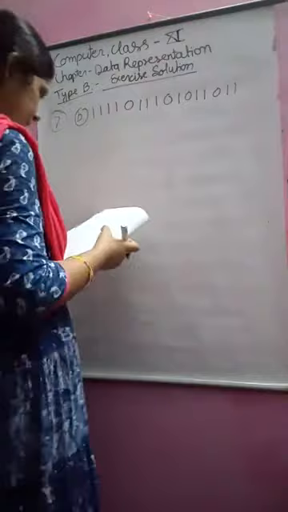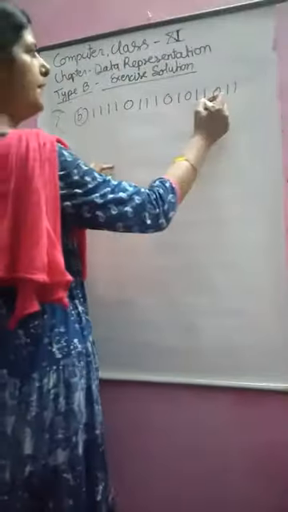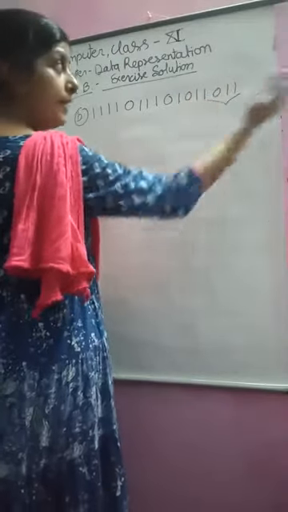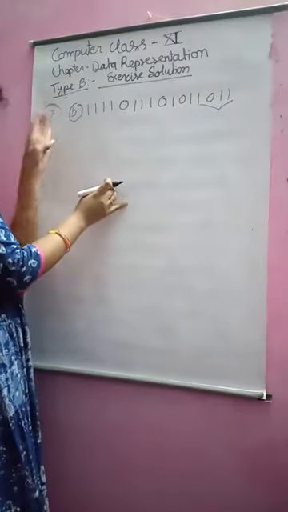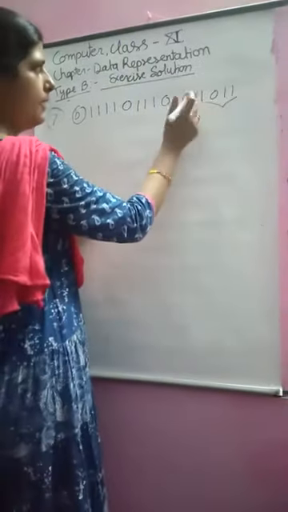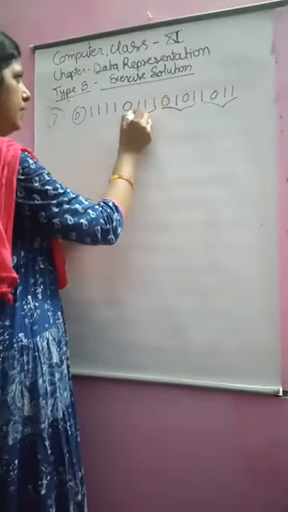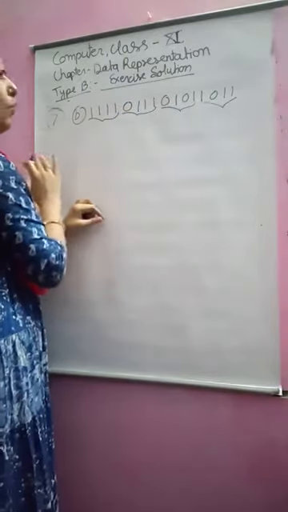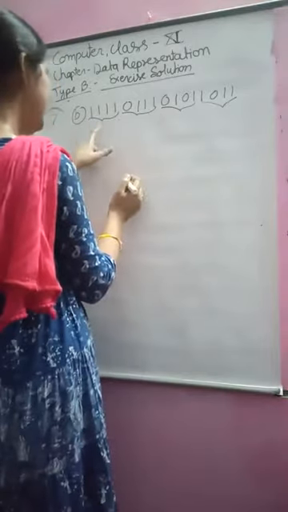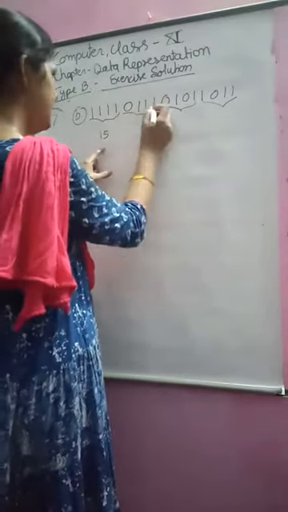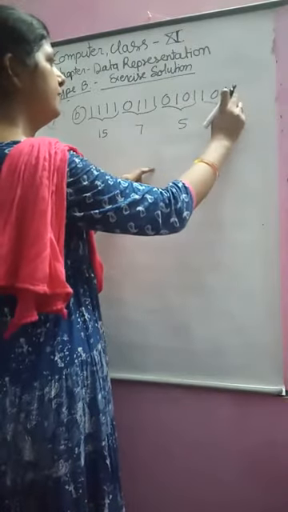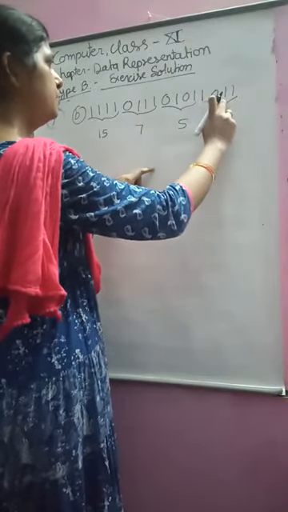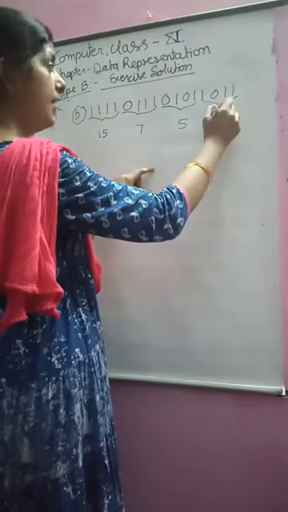Convert it to the equivalent हेक्साडेसिमल नंबर. तो इस बाइनरी नंबर के 4 बिट के पेयर बनाइए. फर्स्ट पेयर राइट हैंड साइड से पेयर बनाएंगे और इधर अगर नंबर कम पड़ते हैं 4 बिट बनाने में तो ऐड द 0. पहली 4 बिट, अगली 4 बिट, अगली 4 बिट एंड अगली 4 बिट. हो गए, कोई कम नहीं पड़ा. It is 15, it is 7, it is 5 and it is 1 2 4 8, 8 plus 2 plus 1, it's 11.